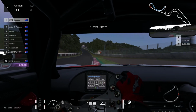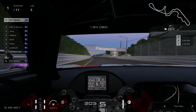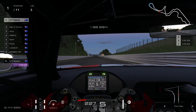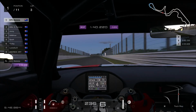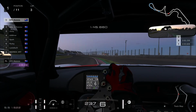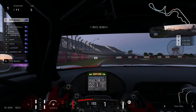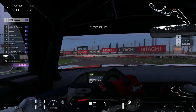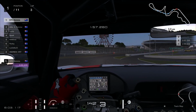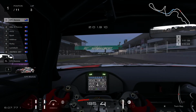Crikey, as we see him using all the track, absolutely flying as we're on board here with Mazda. This looks like it might even be a bit of a hot lap. We'll have to stay on board and watch as we get to the end of this lap, listening to that Mercedes just absolutely raw, and he is just barely purple. We'll have to wait and see if he can hold this time. Last couple of corners here to get himself through. Just got to navigate these with some precision and speed, and he's going to set a new fastest lap by the looks of things as he holds it nice and close to the right hand wall there,